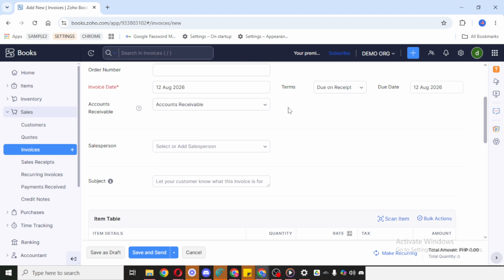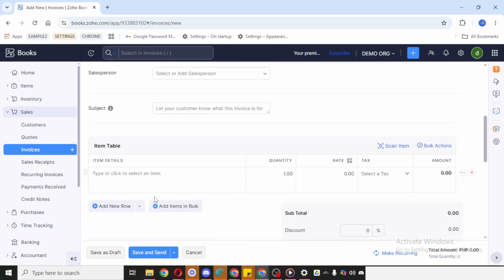Once you've entered all the necessary information and confirmed that everything looks correct, click Save. This stores the invoice in your account and completes the process. At that point, your invoice is created and ready for whatever your next action may be inside the platform. And that's it. That's how to use Zoho Invoice to create an invoice inside your Zoho Books account. As you continue using it, the process will become even faster and more familiar.